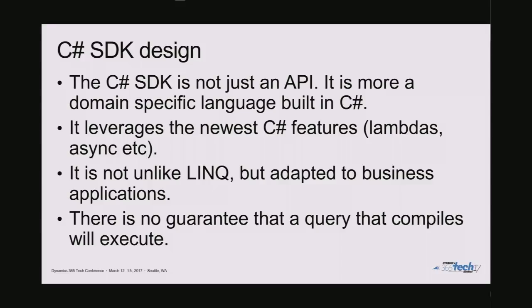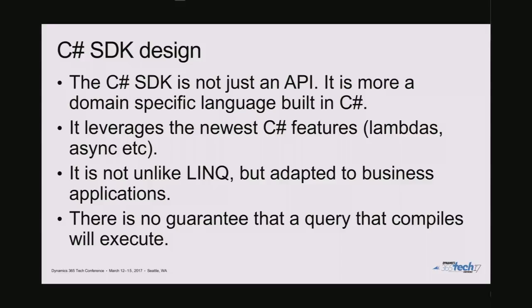So it's not unlike LINQ. It uses some of the same composability features that LINQ has. I like to call it BLINQ, for business language integrated query. I thought that was pretty clever. I don't know if the team likes it very much, but we'll see. But it is specifically adapted to business applications. Remember I said you can't do select all fields. That's one of them. Another thing is that when you do where clauses and you do comparisons with strings, these are always not case sensitive, whereas in LINQ they would be case sensitive unless you did something else. These are some of the things that you realize as you work with this framework.